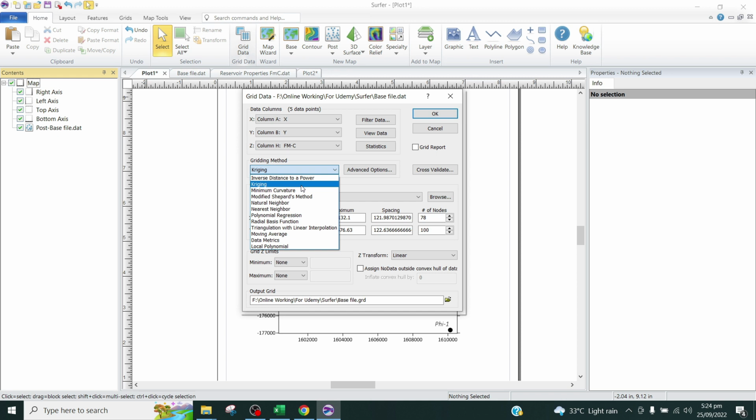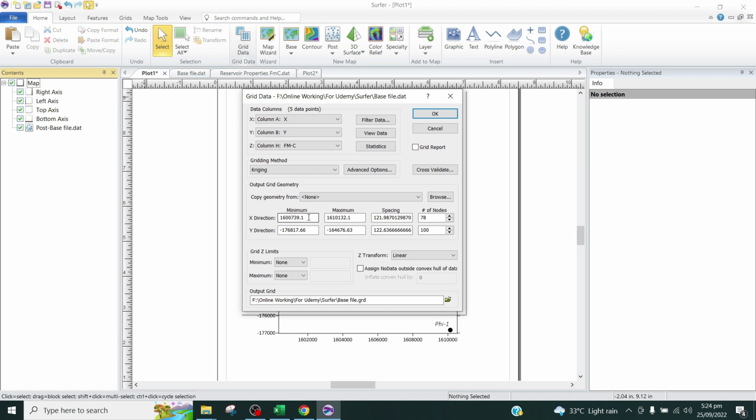And if you want to read about all these methods, you just simply click on this question mark button and it will show the help window with all the details of how these work. So I'm not going into these details, I'm only going to contour the data. I'll show you the contour of two different types for comparison. First I'm using the kriging method, and it's asking for geometry. If we have already contoured a grid, then we will have a limit in this, and we can select that and it will